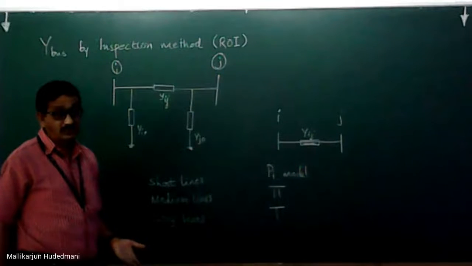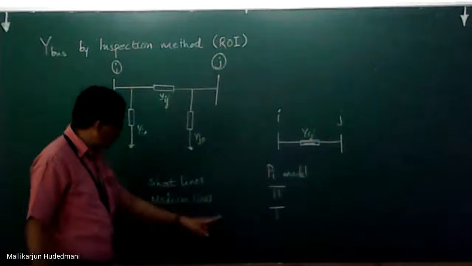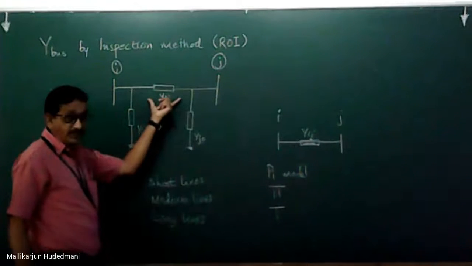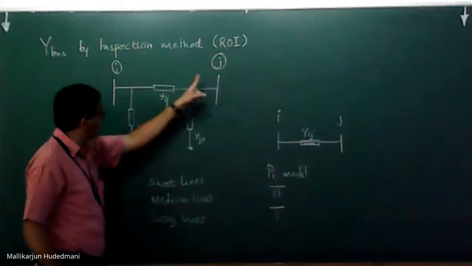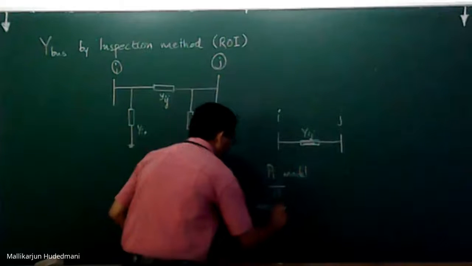You may ask me, what may be another representation of this? The other representation is the T structure, wherein the entire admittance of the line between I and J is cut into two halves like this. Let me explain here itself like this,